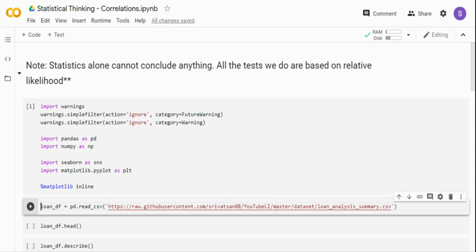Hi, in this video we will be seeing and visualizing different relationships between features in a dataset. The relationship can be linear, non-linear, or monotonic, or there can be no relationship at all. We will also see how to assess the strength of a relationship, with examples. Finally, we will see some ideas and concepts around polynomials and segmentation. So that's what we are going to see in this video.